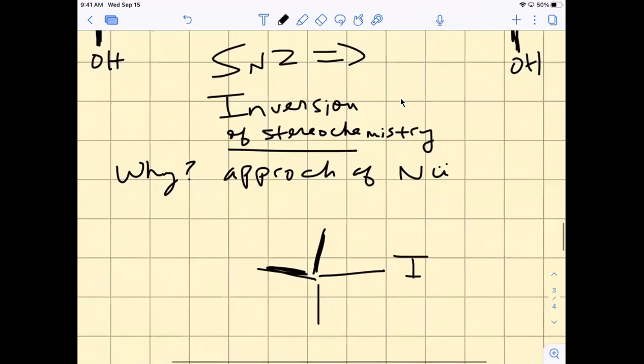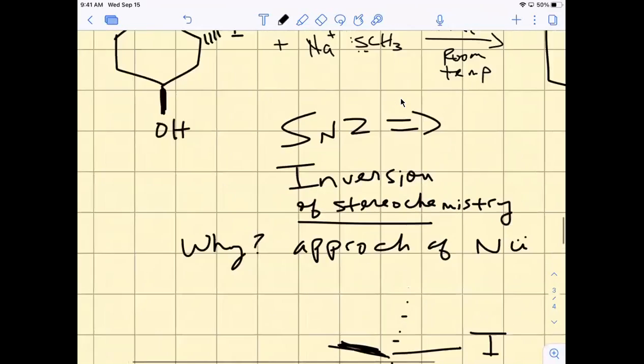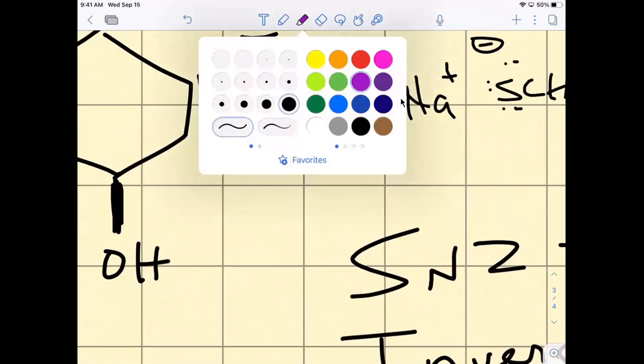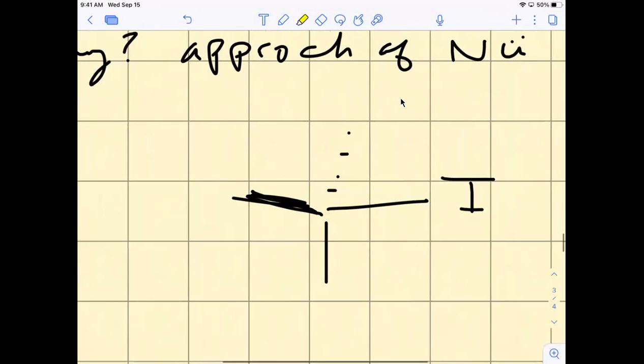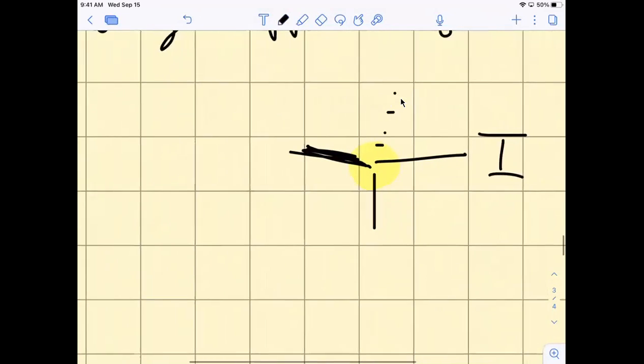I'm going to just abbreviate the ring without having to draw it out. So this carbon in the ring right here, I'm just going to show it here, right? So the iodine is here. Right, and so when the nucleophile comes in to kick out the iodide,